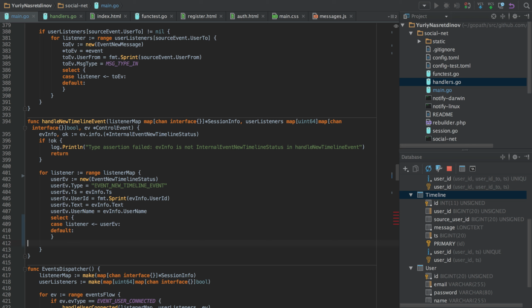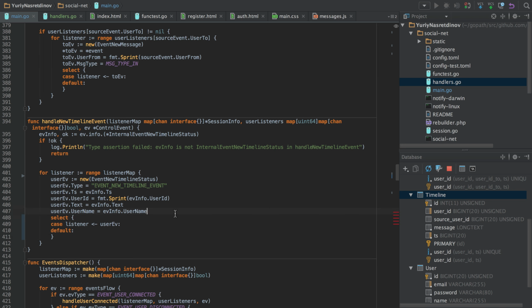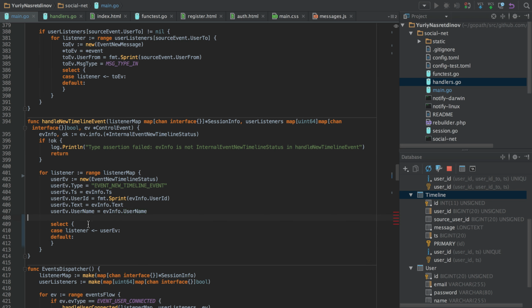And instead of checking capacity, we can do this select and empty case and empty default, so that if it blocks, then it would go to default case and it won't block.